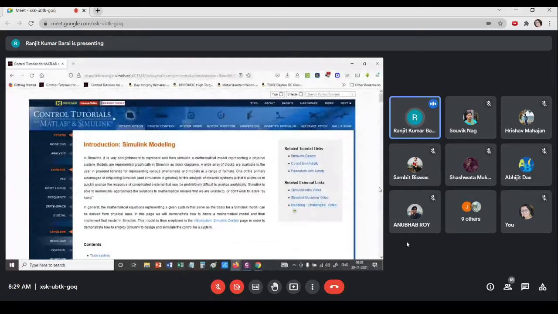Now see, in the name of the product of MathWorks, two names are given, MATLAB and Simulink, because they are two independent products. But the work of Simulink is supported by MATLAB, and the work of MATLAB is supported by Simulink.